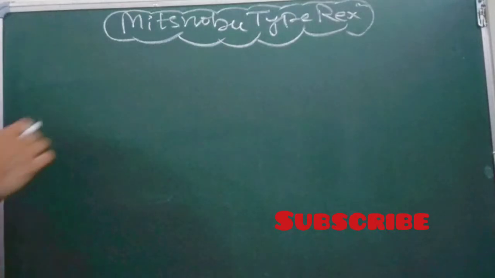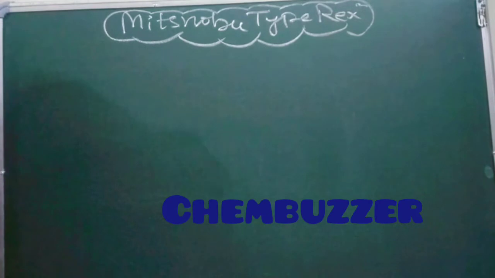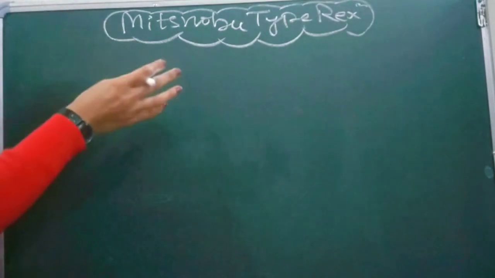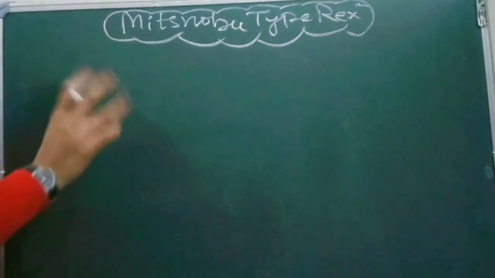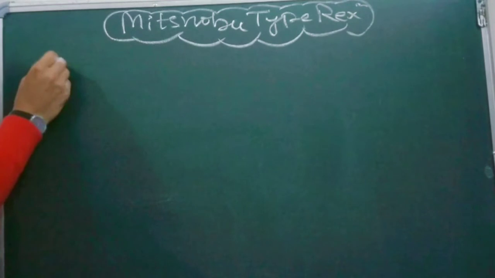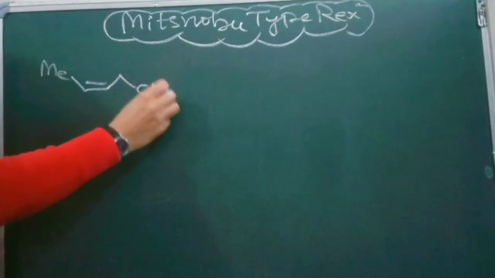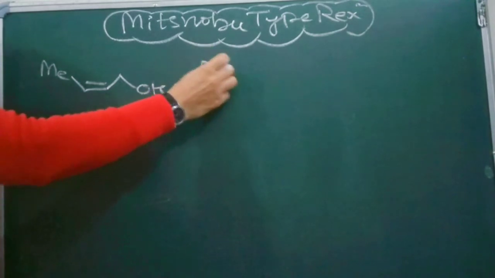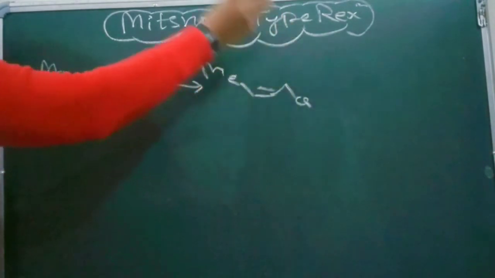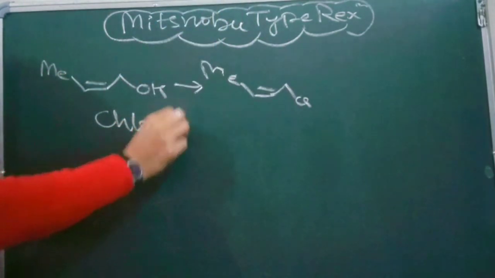Another video with a new reaction, that is the Mitsunobu type reaction. In this reaction we can form esters, ethers, alkoxides, alkanoids, not alkoxide, alkanoids there will be. So what is the reaction here? What I am taking today is the conversion of allylic alcohol to allylic chloride, and this reaction is taking place in presence of